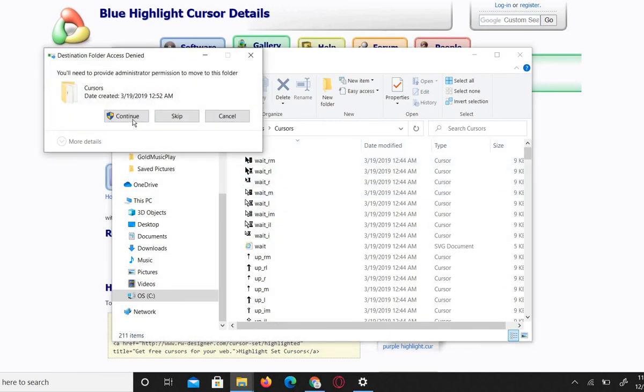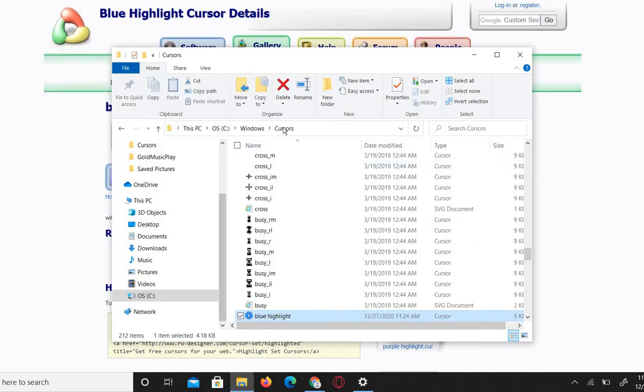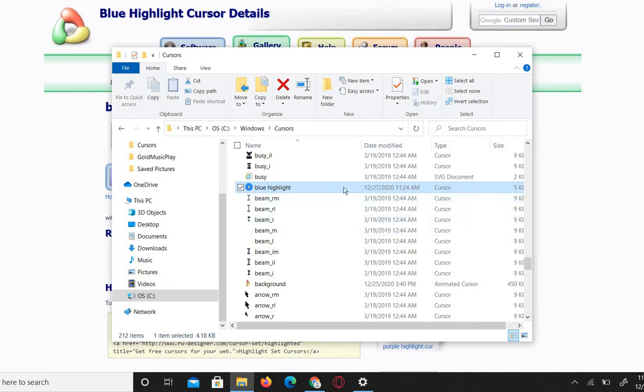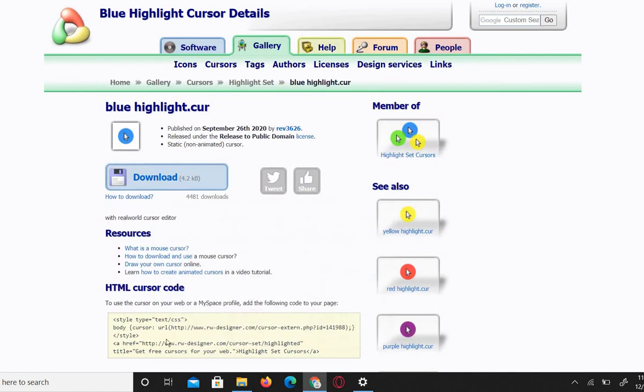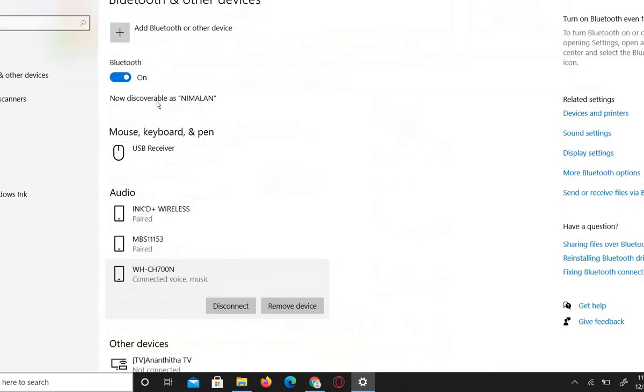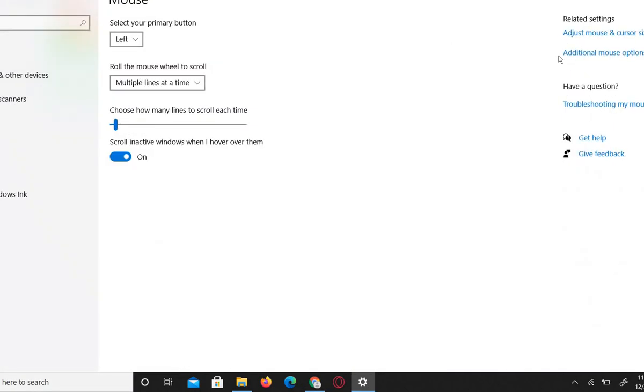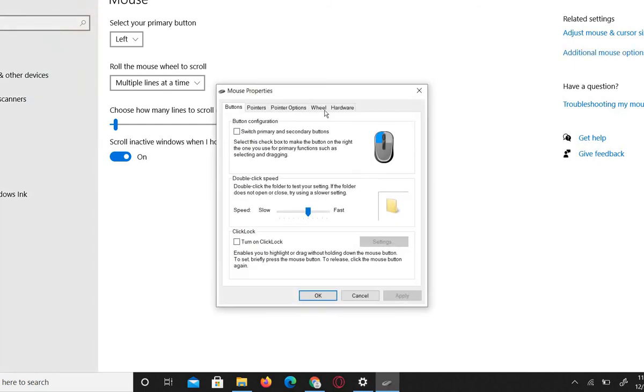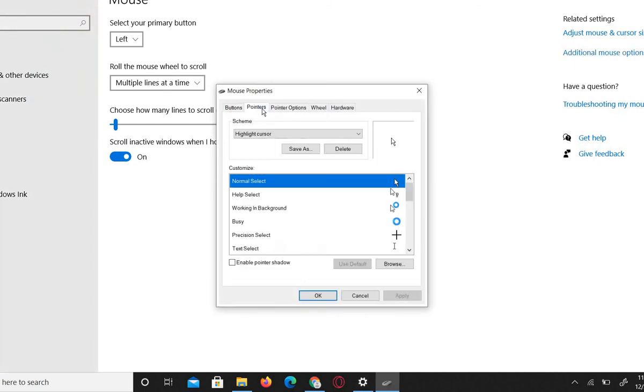I press Control V and it says this. After you do that, it's pasted here. After you do that, search up mouse settings and press additional mouse options. Press pointers, and